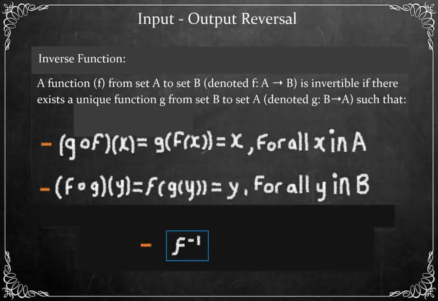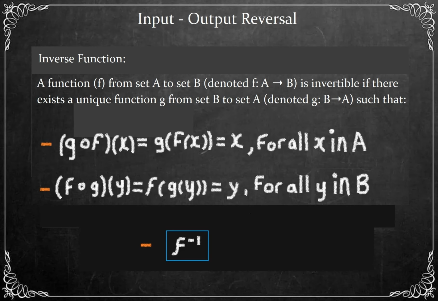In this video, looking at the input-output reversal property. First a proof, then an example. Begins with a definition of the inverse function. Says, a function f from set A to set B, denoted f: A → B, is invertible if there exists a unique function g from set B to set A, denoted g: B → A, such that